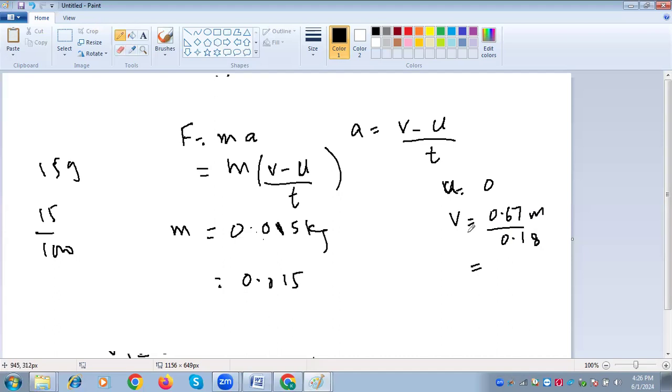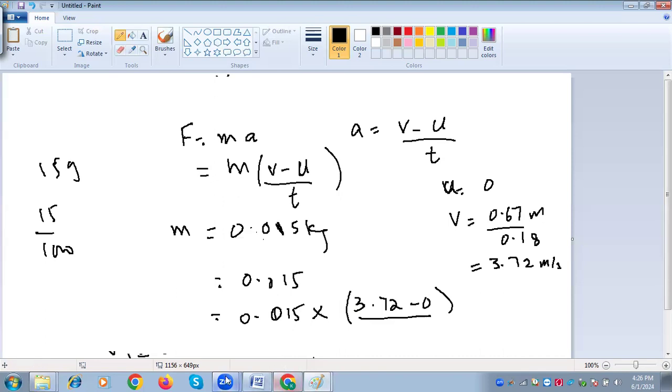I'm doing it with F is equal to ma, 3.72 meter per second. 0.015 into 3.72 minus 0. And what was the